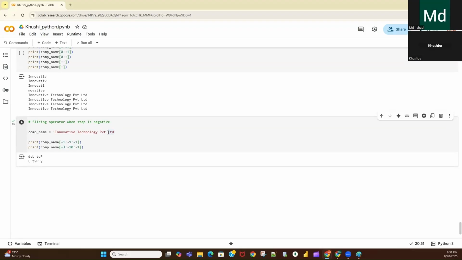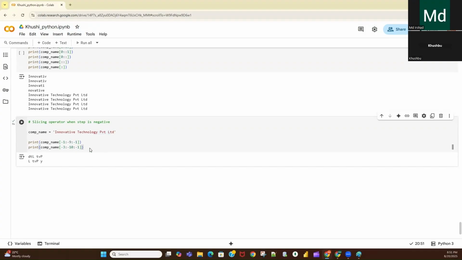Sorry, from here it will start: -3, -4, -5, -6, -7, -8, -9. So we will get the data L space T V P space Y, and the same we are getting: L space T V P Y.